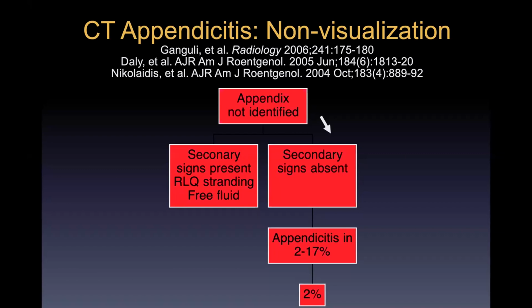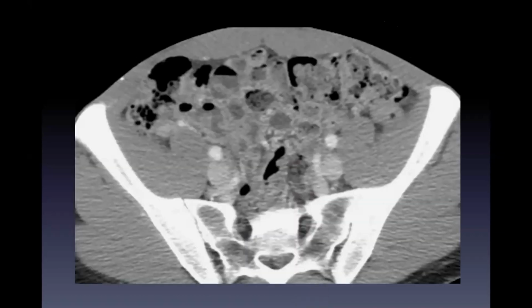And it's also a reassuring number because if you go to these studies and look at that 2% of cases where appendicitis was missed, they were all cases that looked like this, where there was a lack of intra-abdominal fat, there were very crowded bowel loops in the pelvis, and when radiologists reviewed those cases in retrospect, they weren't at all surprised that they had missed an appendicitis because they were just difficult cases.